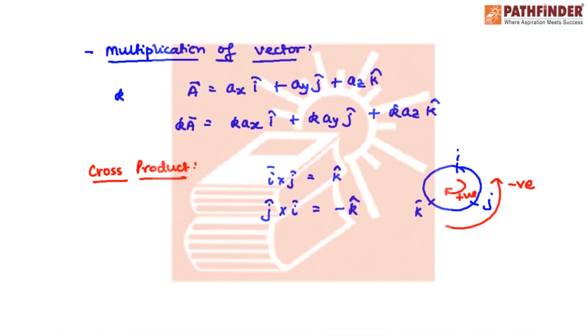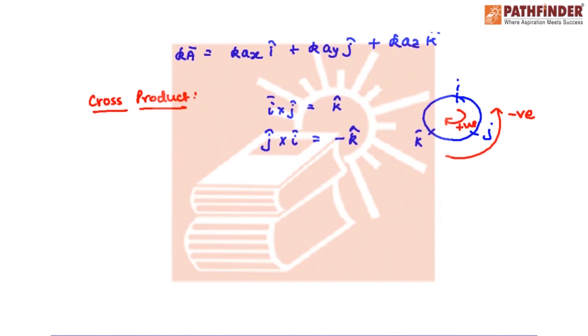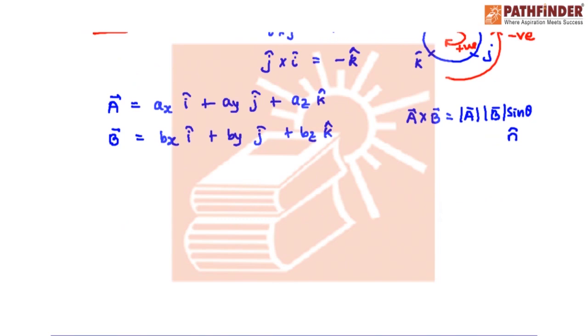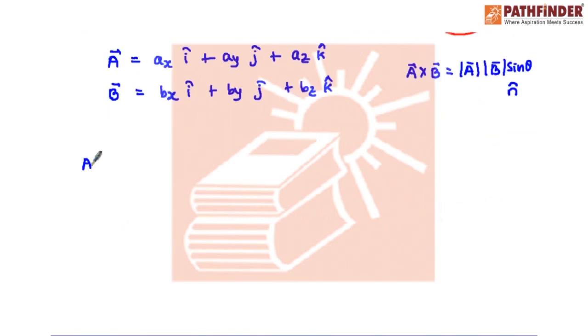So if we have two vectors which are to be multiplied using the cross product technique, suppose there is a vector ax i cap, ay j cap, az k cap, and there is another vector b vector which is written as bx i cap, by j cap, bz k cap. So when we write a cross b, the definition says magnitude a, magnitude b, sine theta, and then there is definitely an n cap, which is the direction for the vector we obtained, because the cross product of two vectors is a vector quantity. So what we do is we solve this kind of thing using a determinant box.